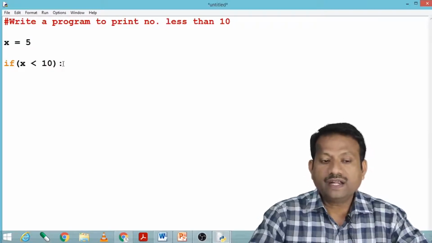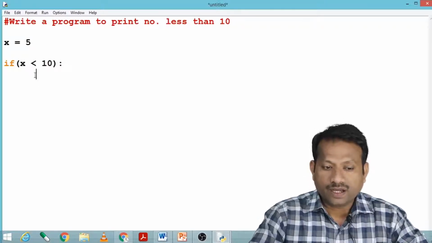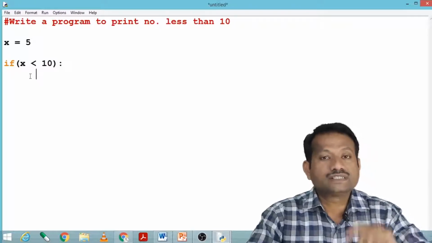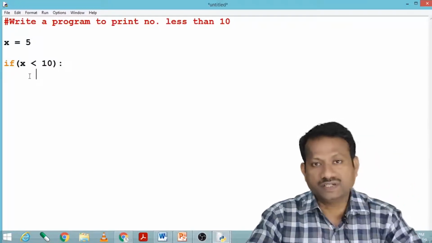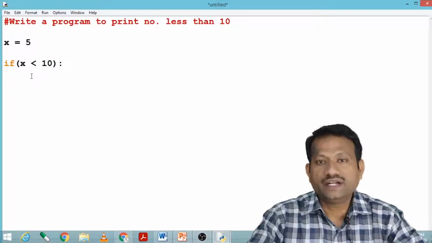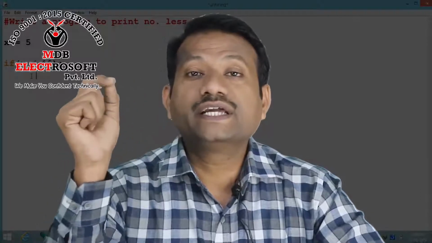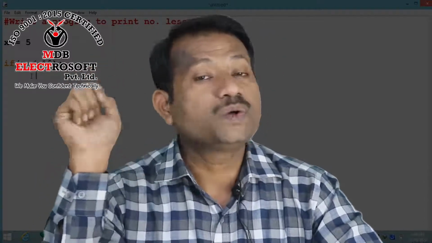Now if I press enter, you see it has left some space, that is one tab space, that is called indentation. What is this indentation? In other languages, the code block is indicated by opening brace and closing brace, meaning the existence of that particular block is indicated by opening and closing braces.